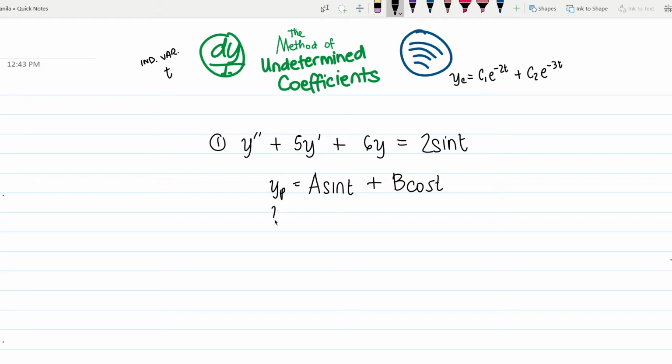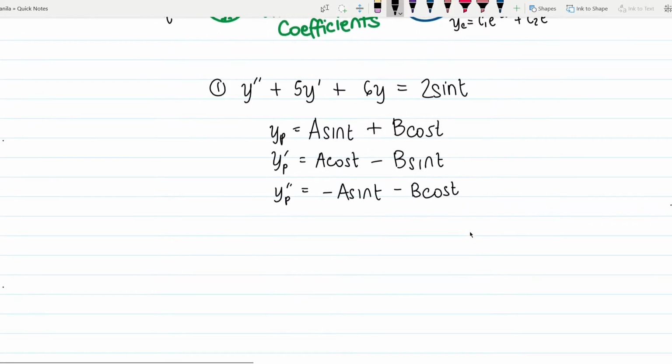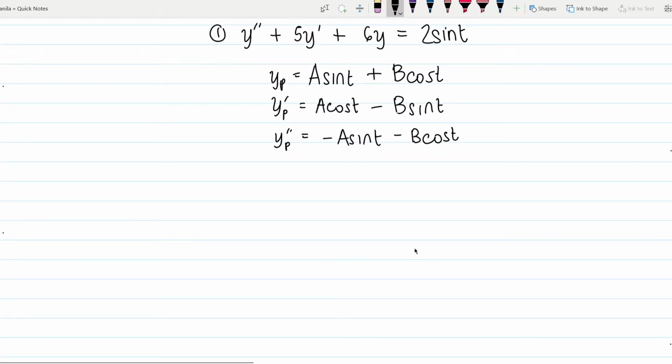So let's just derive this once. We're gonna get a cosine t minus b sine t, right? Sorry, that's positive pala, sorry. And if we derive that yet again, we're gonna have minus a sine t minus b cosine t. Ayan, di lang ako sanay sa screen. All right, so we'll plug that into the original equation, and this is our y prime prime: minus a sine t